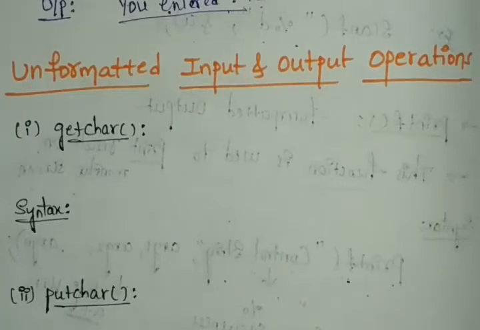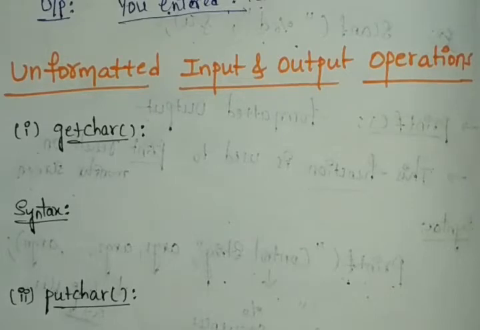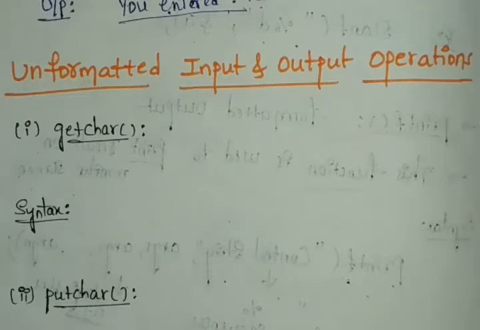Hello everyone. In this session we will discuss unformatted input and output operations. These are the basic input output functions in the C language. Whatever data needs to be transferred between memory and a file in binary form can be operated on by one data type, char. By that we can perform unformatted input and output operations, or else we can call them non-formatted input and output operations.